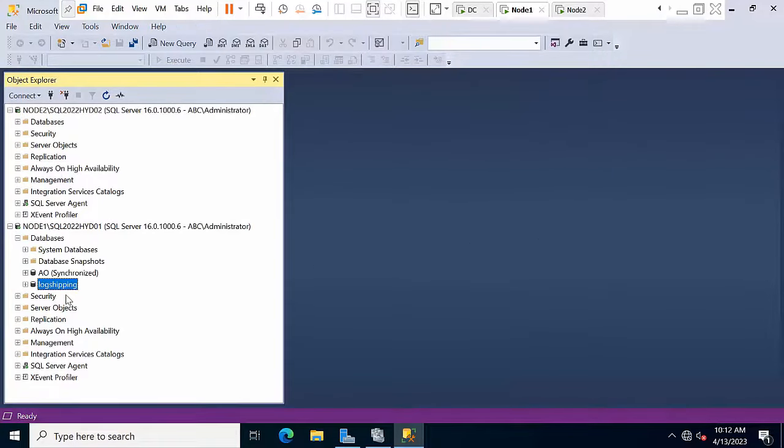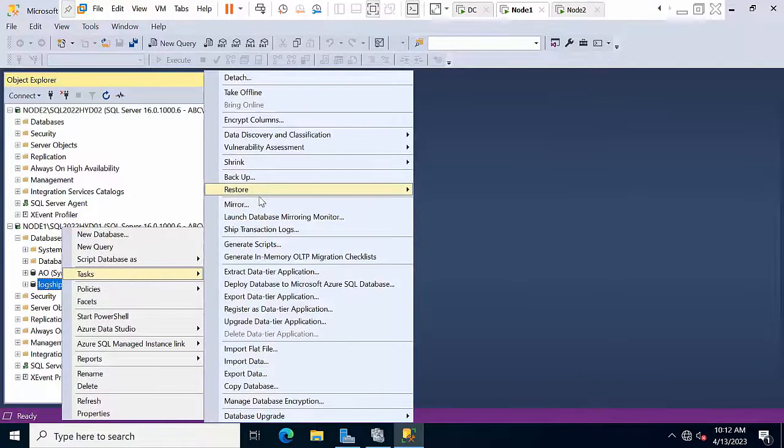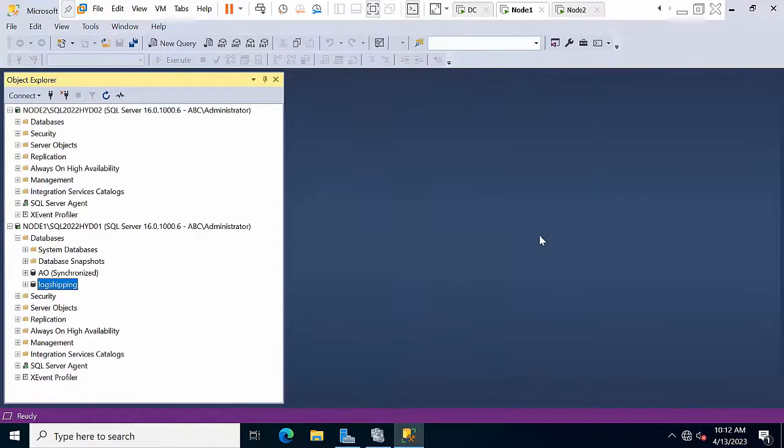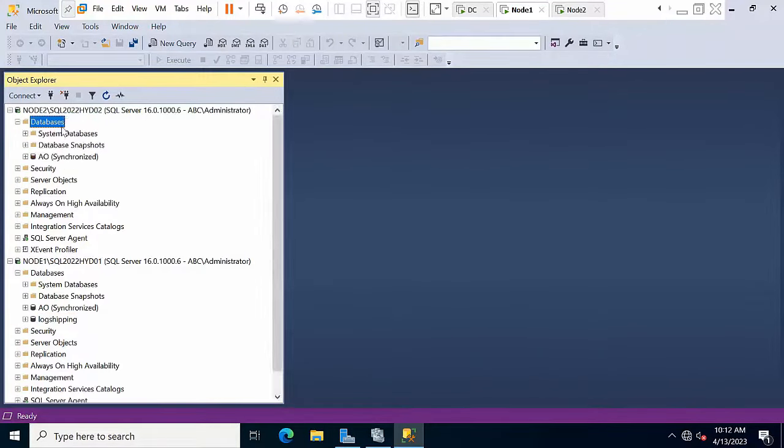For the log data, we need to take the main log backup as well. Click OK. Now go to restore instance,